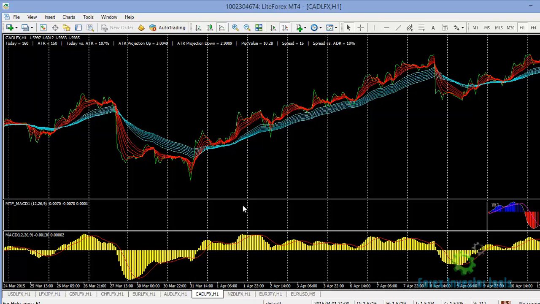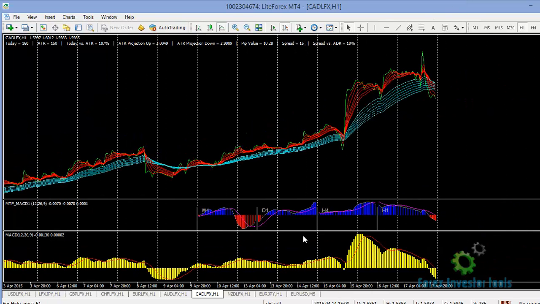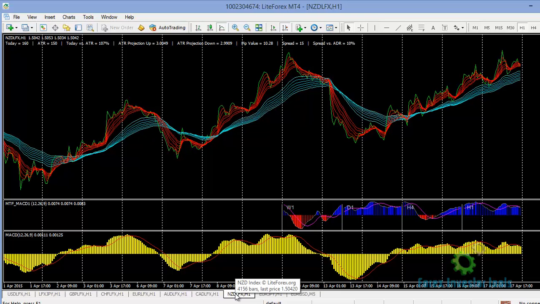My answer is no, because a pullback is something that gives you an advantage, and it tells you that price is holding up, and it's going to move in the same direction like it's been going. Now, what is important is to understand how strong that pullback is going to be. If that pullback, or that move in the direction, has to be strong,